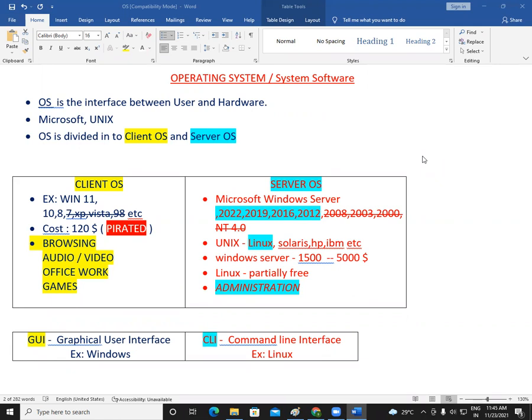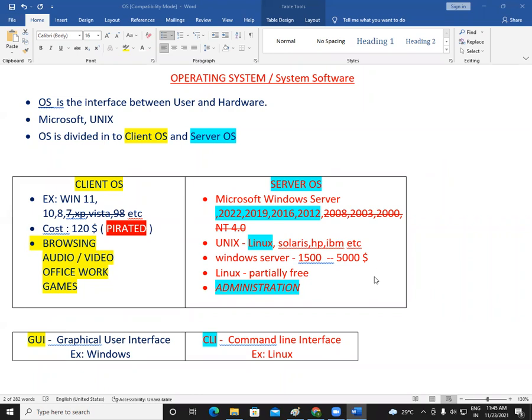And now because of cloud computing, the cost of the server and the cost of the operating system went down by about 90%. Instead of spending $100, companies are now spending only $10, in a way. So nearly 99% of companies are not using a pirated operating system in their servers.